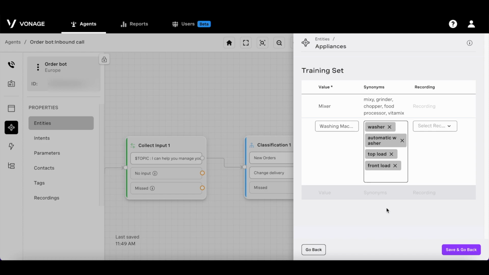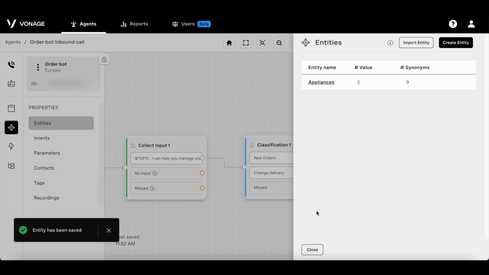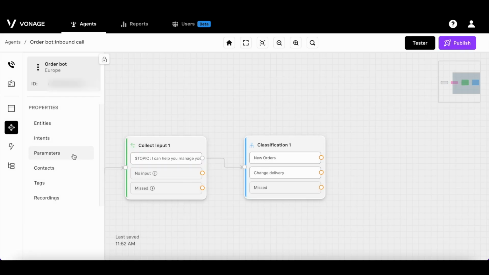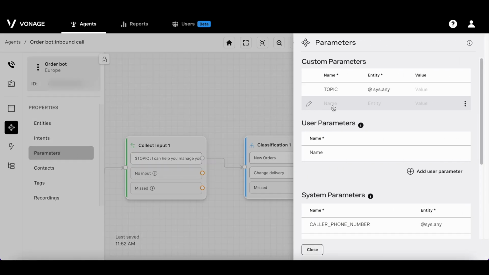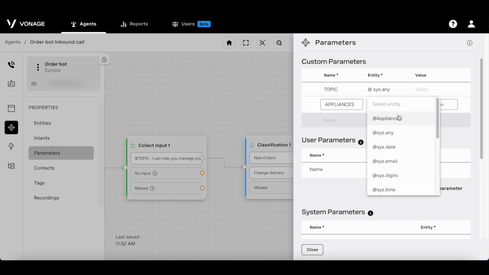You can do this for all colloquial names of each of the values you want to capture. Next, we need to create a parameter for the specific input to be stored under. To do that, we need to go to Parameters, create a new parameter. Let's call it Appliances. And select the entity that we just created as the entity type.